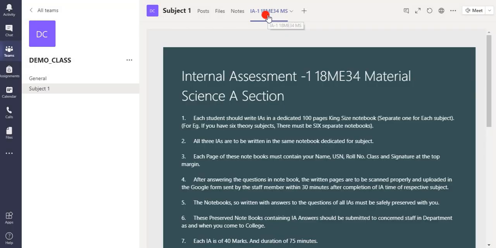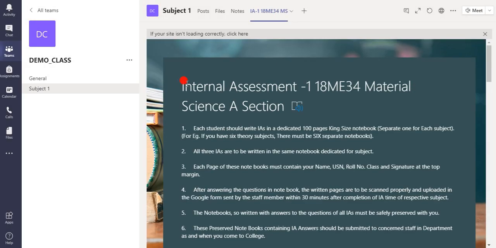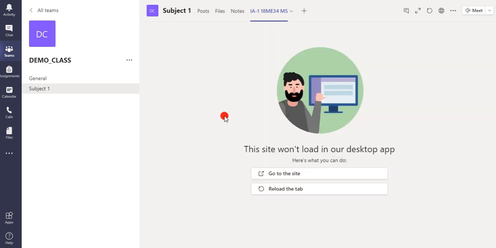So it is going to appear here and load like this in their Teams, and it is going to give some warning if the internet connection is very slow. If your site is not loading correctly, click here, and it will ask to go to the site and reload the tab. Reload the tab means within Microsoft Teams itself it is going to reload.